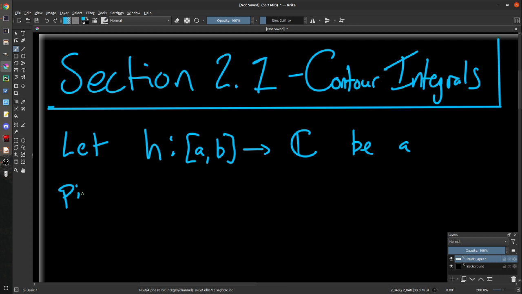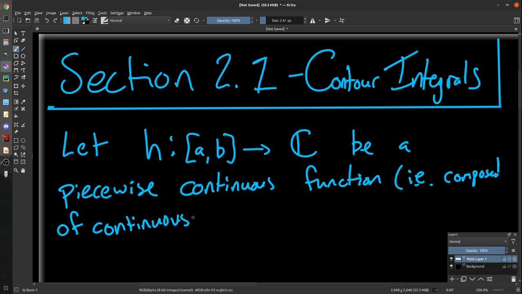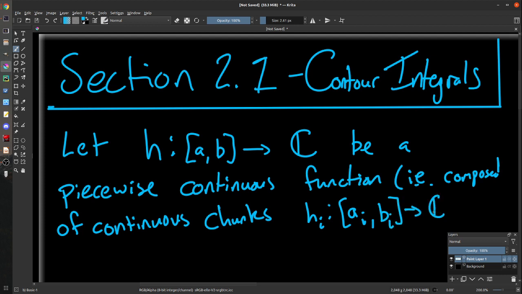If you haven't heard this term, it's exactly what you think: composed of continuous chunks. You can think of it as h_i from [a_i, b_i] to C,